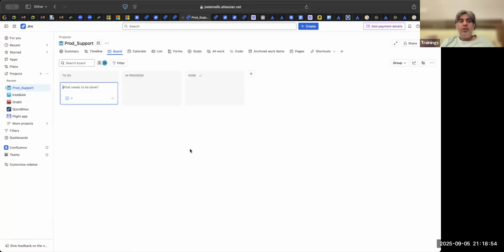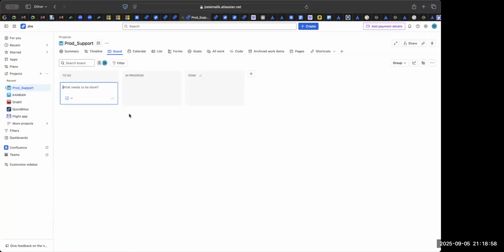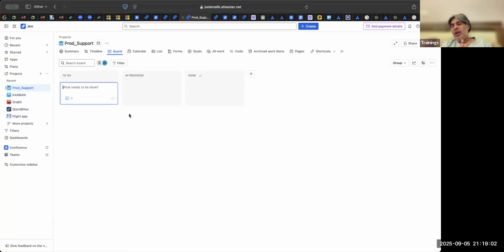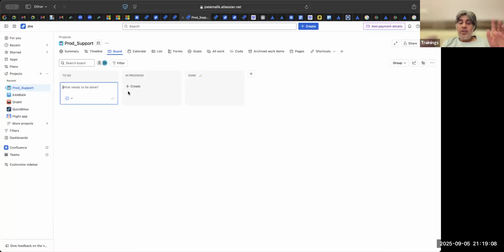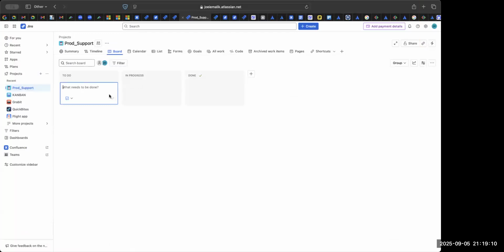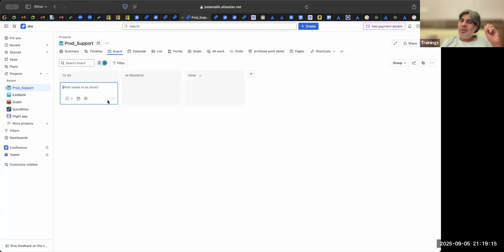So this is the board, a very simple board. The first practice is that you start with whatever you have. You don't change anything. Let us say you join a backend team, where somebody is a QA manager and somebody is a tech lead. You don't change roles.